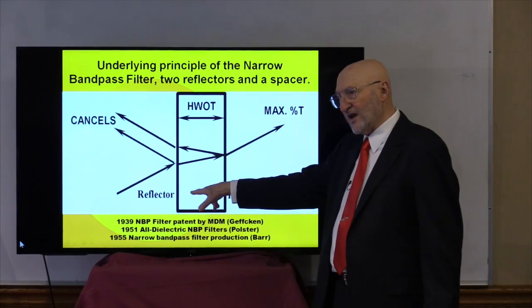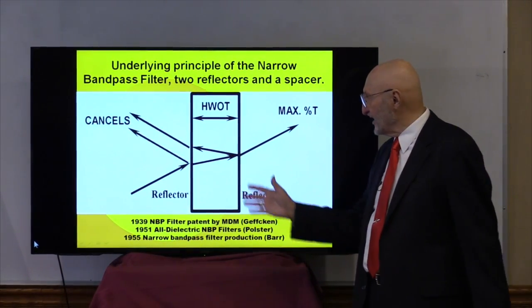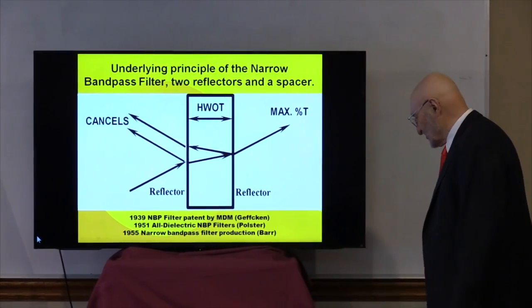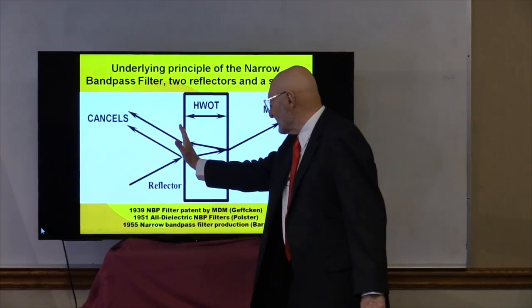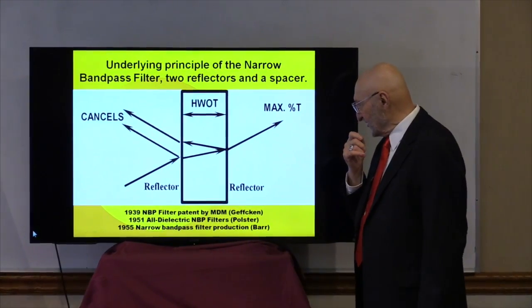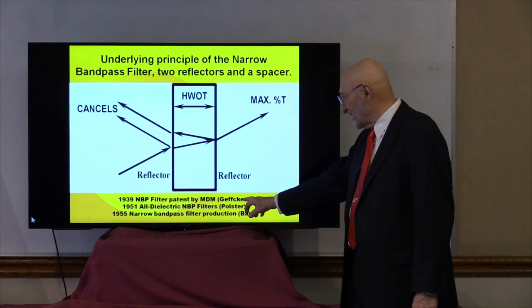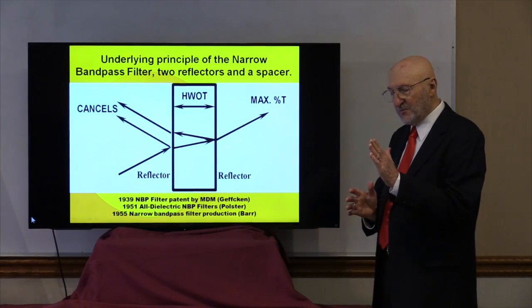So my layer is a half wave thick, or 2 half waves, 3 half waves. Any number of half waves, the same thing will happen. So the basis of a narrow bandpass filter is a high reflecting surface, a half wave spacer, and a high reflecting surface. And the first ones that these were made was probably Gefkin in 1939, where they put a partial